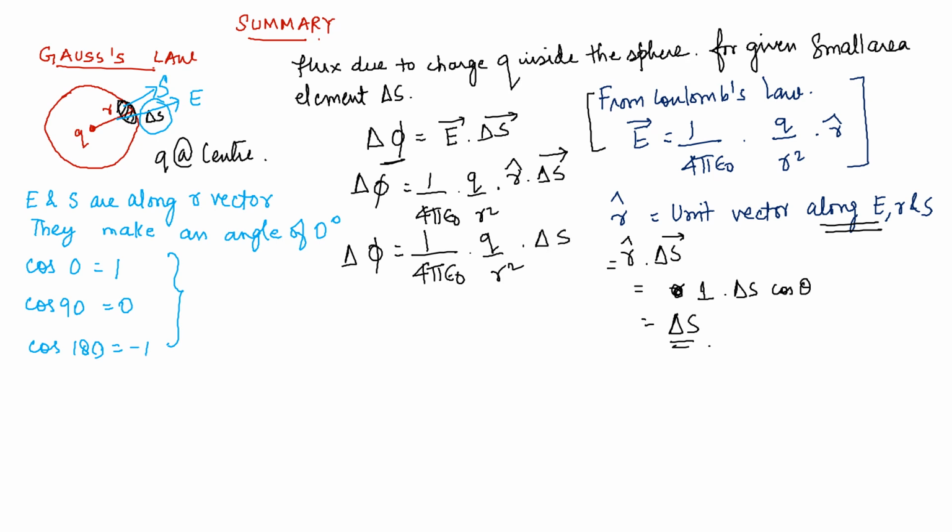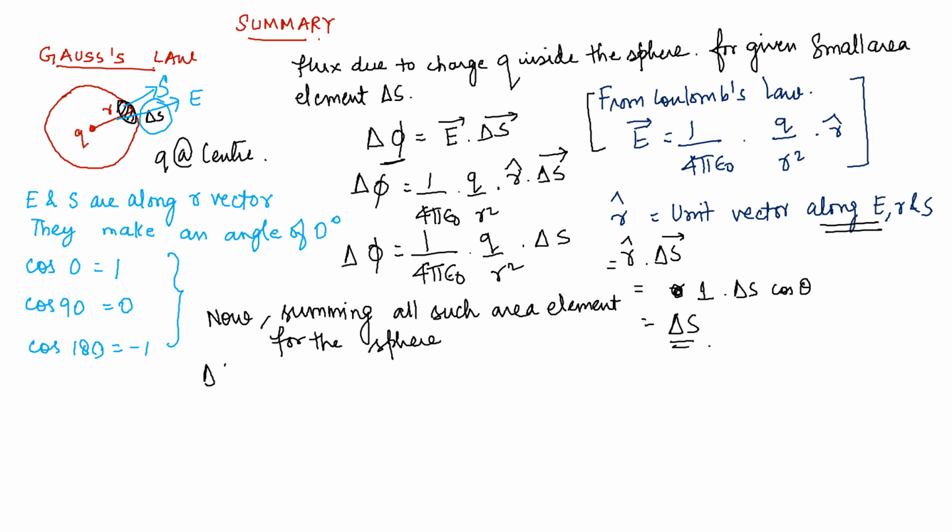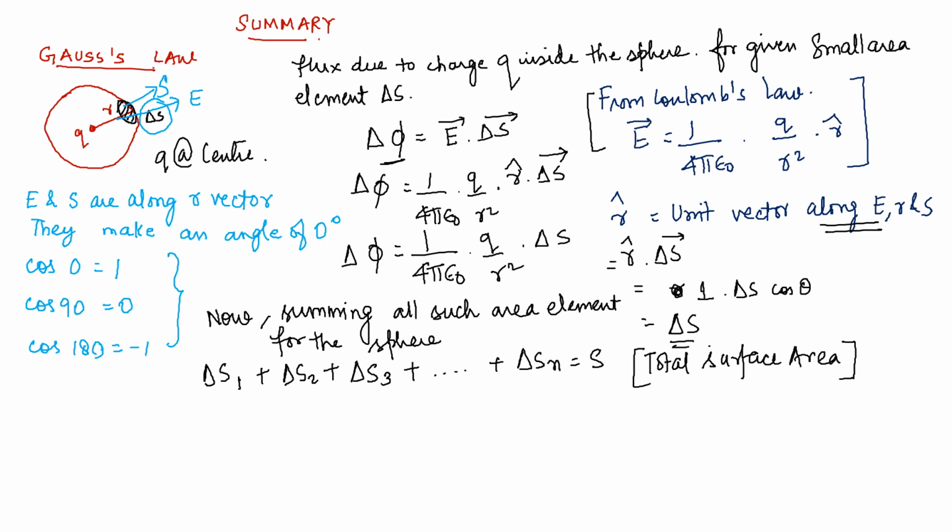into del s. Now summing all such area elements for the sphere under consideration, so del S1 plus del S2 plus del S3 up to del Sn equals S. That is the total surface area. Now our xi